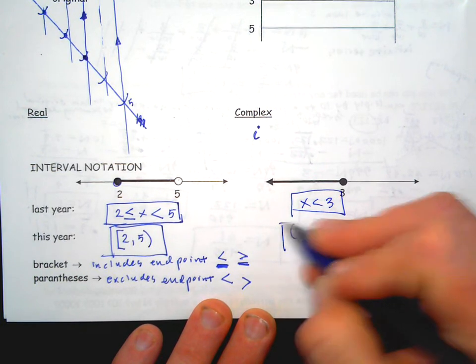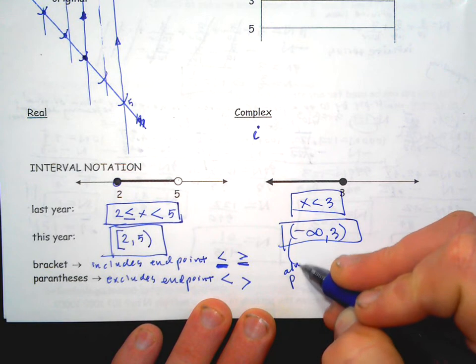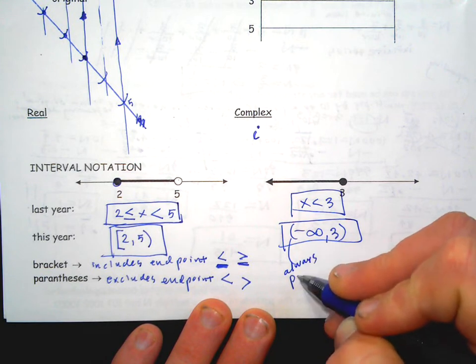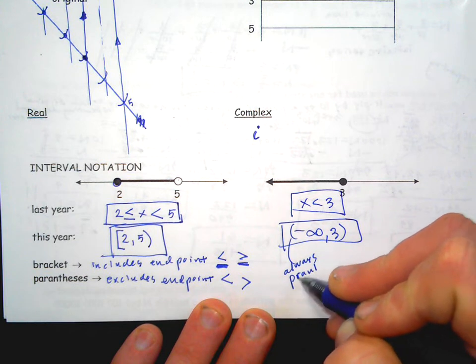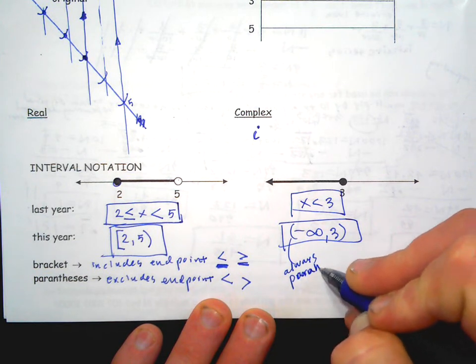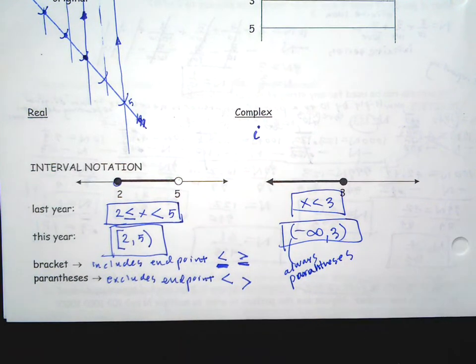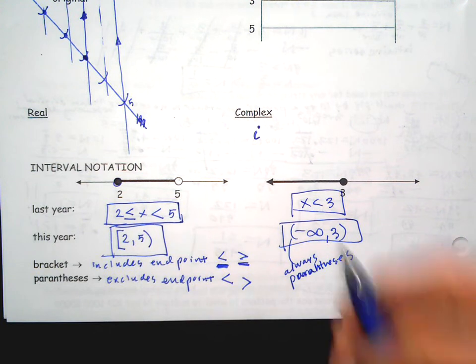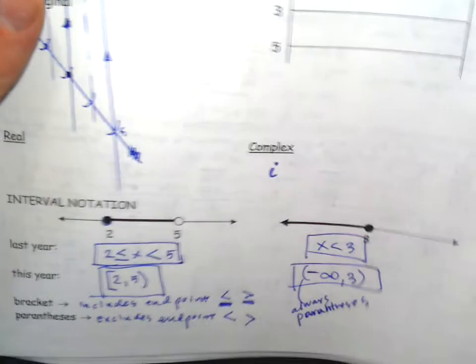And then we always put parentheses on infinity because a bracket would indicate that you actually included infinity and that you're able to get or have infinity. Infinity goes on forever. So on today's homework, just to give you a sneak peek,